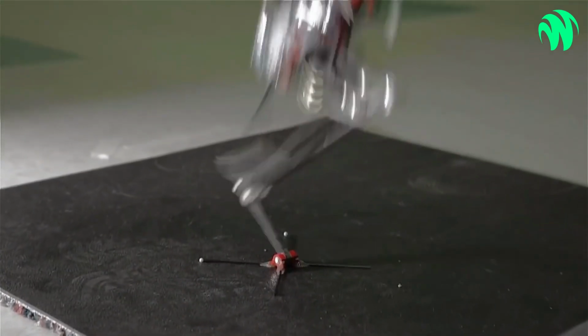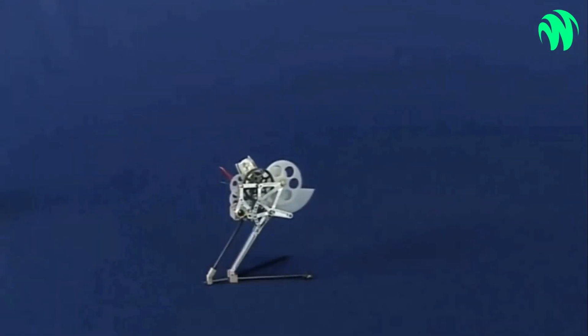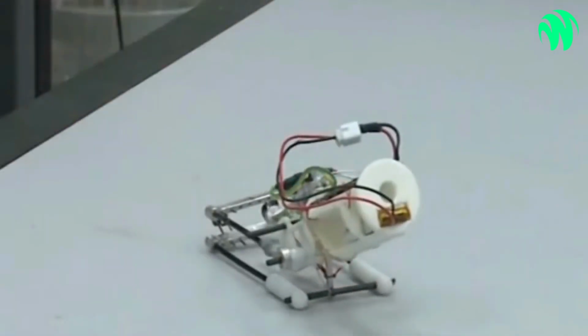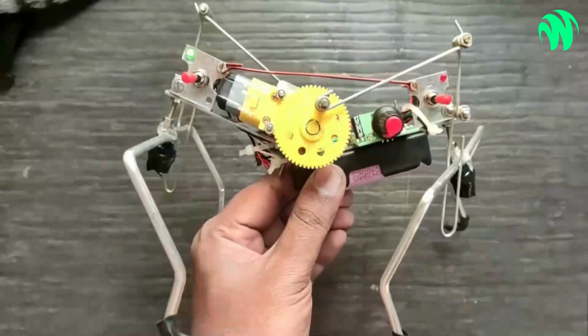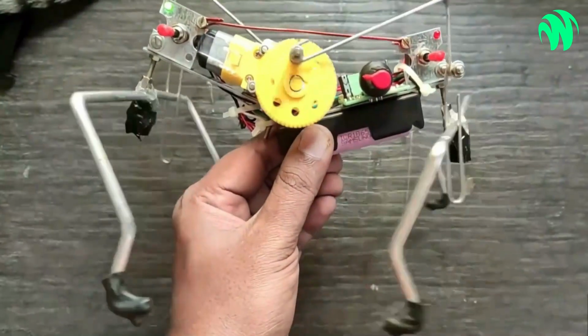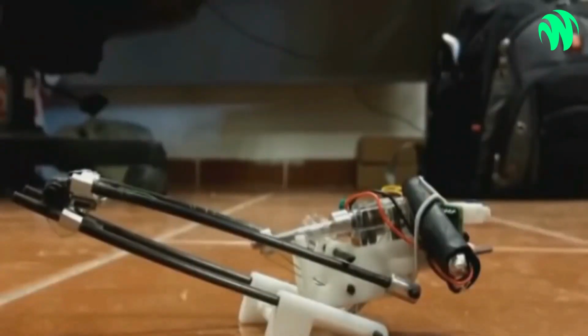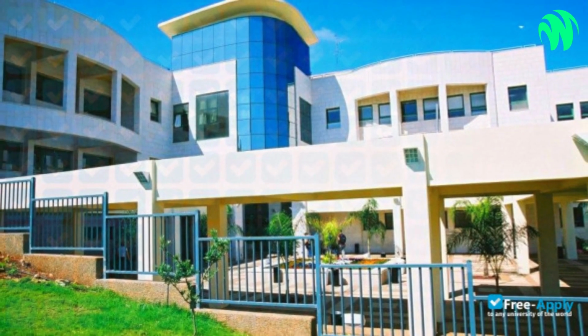The animal that served as inspiration for this endeavor was the locust. The robot does not have the appearance of a locust. Instead, its design was inspired by the biomechanical aspects of the 3-stage jump mechanism of a locust. The commercialization of these leaping robots has not yet taken place. The 5-inch-long robot was built by scientists at ORT Broad College in Carmel in collaboration with researchers at Tel Aviv